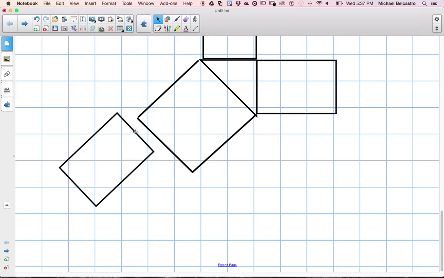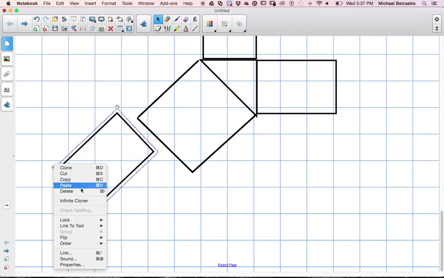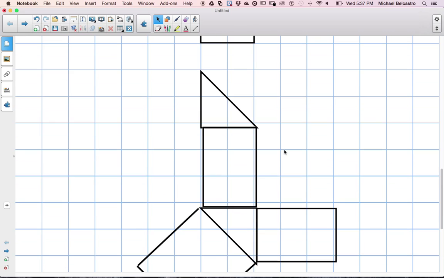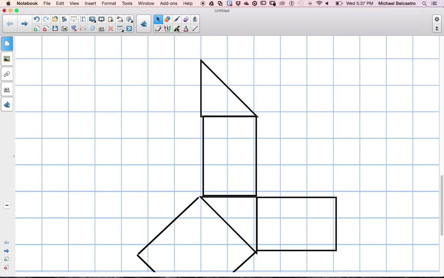Okay, let's delete our page, and we'll go back up. And now we have our net for our triangle. We have our triangle here, and we're